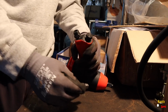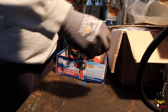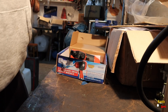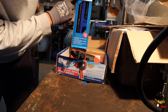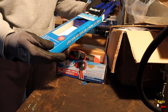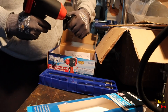So I assume this thing, anyway, I'd like to run that now while I'm with you. But also with this, I've bought this thing here, which is a 3-piece 1/2 inch impact extension bar set. So all this does is allow you to use this in like